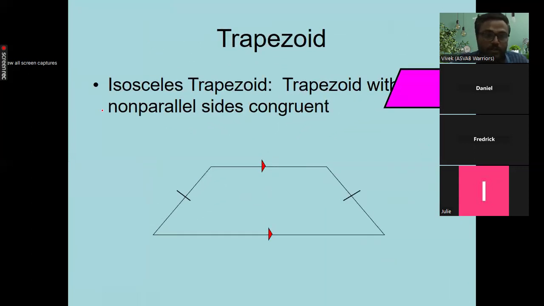Isosceles trapezoid. If you observe carefully, an isosceles trapezoid means what? A trapezoid basically has one opposite pair that is parallel, and the non-parallel sides will be equal to each other. So this symbol indicates equal. That means they are equal. Okay, let's move